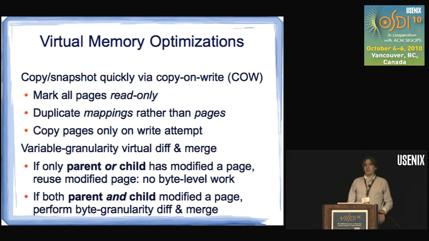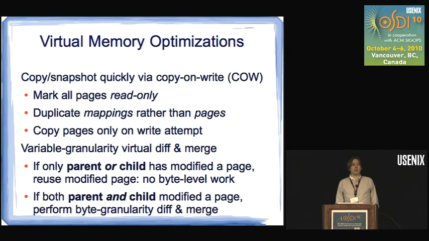So obviously, all of these copies could be very slow if we didn't do something to optimize them. So obviously, we implement the standard virtual memory copy-on-write optimizations, and that gets us a long way to getting decent performance, at least for some applications. We also extend standard copy-on-write optimizations